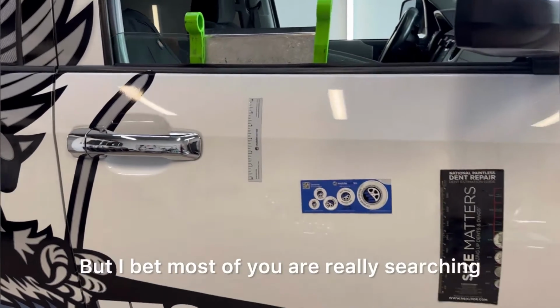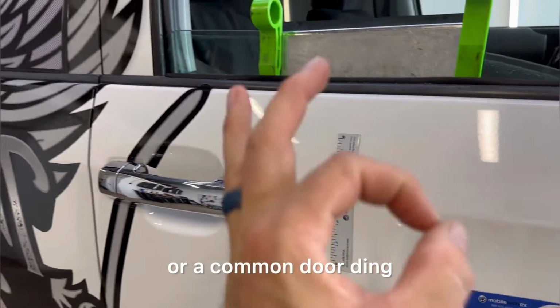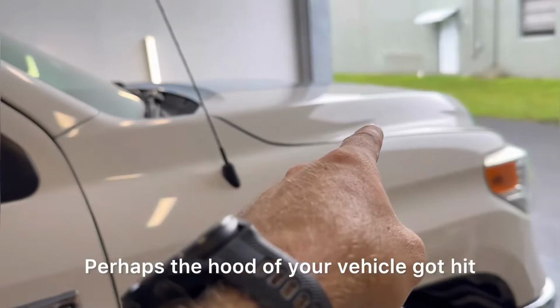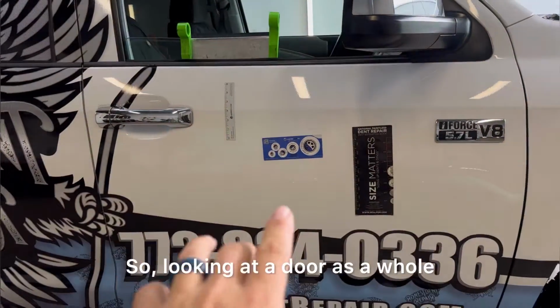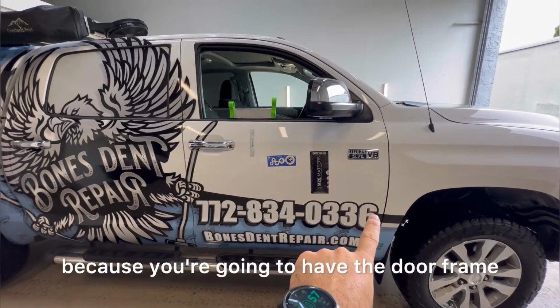But I bet most of you are really searching for perhaps a more complex dent or a common door ding. Maybe you have a body line dent. Perhaps the hood of your vehicle got hit. So looking at a door as a whole, it's actually a pretty complex structure because you're gonna have the door